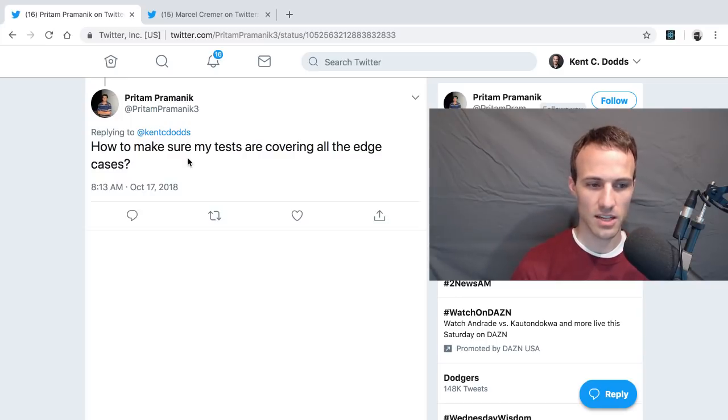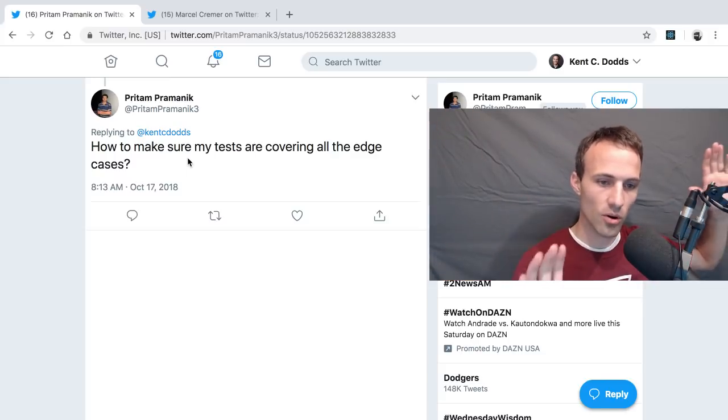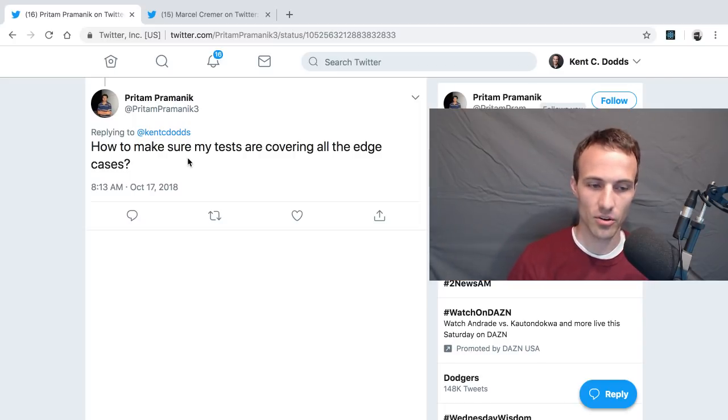It's really hard to test that, especially at a low level, to know that that could happen, because often we have to set up some global state first before we can exploit that vulnerability or reveal that bug or something. So how do you make sure you're covering all the edge cases? I don't know. Code coverage can help